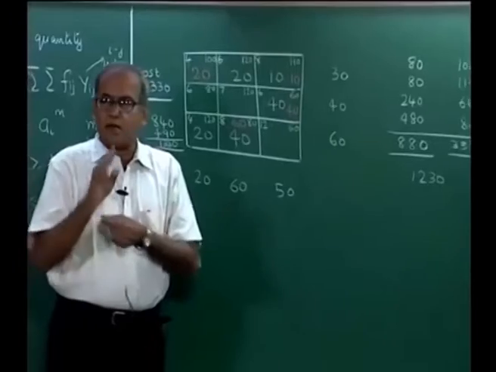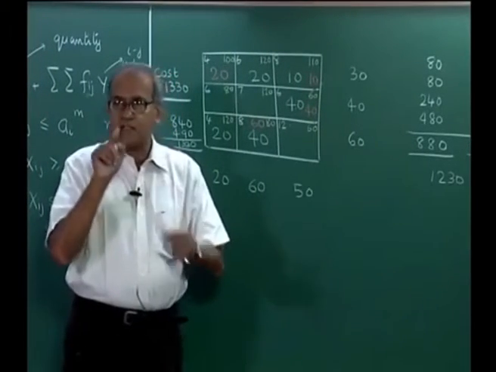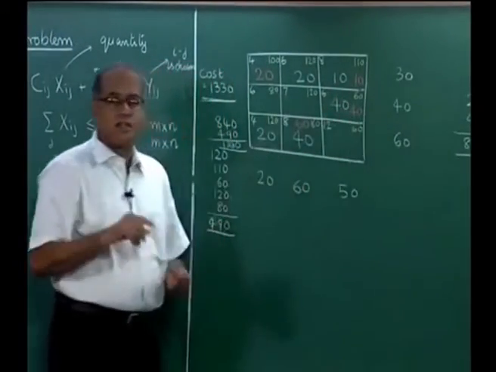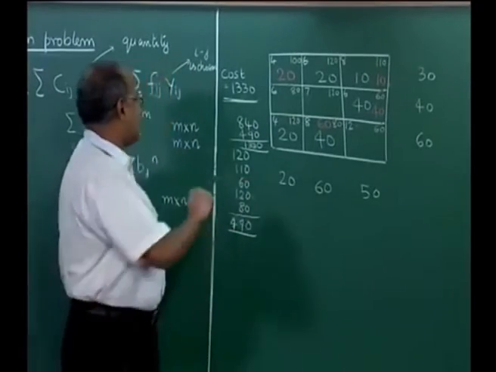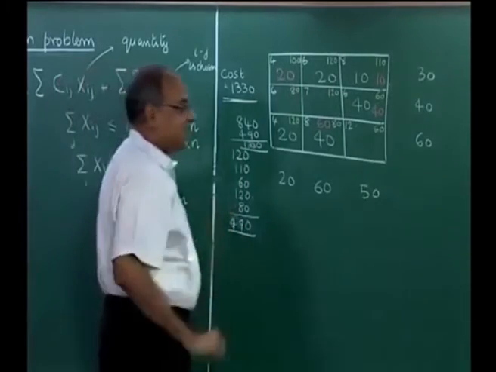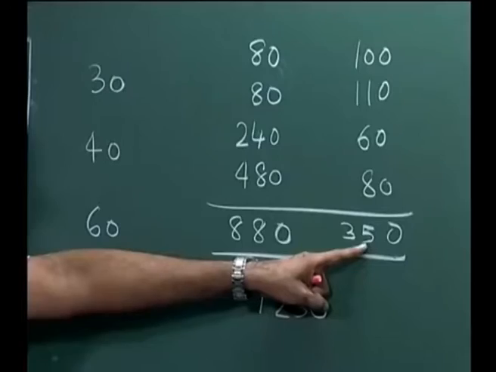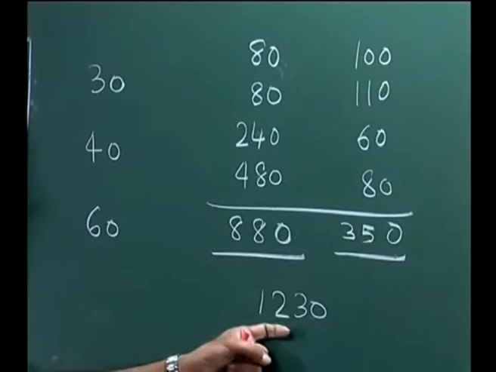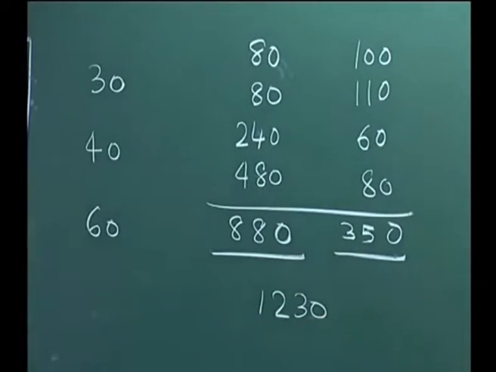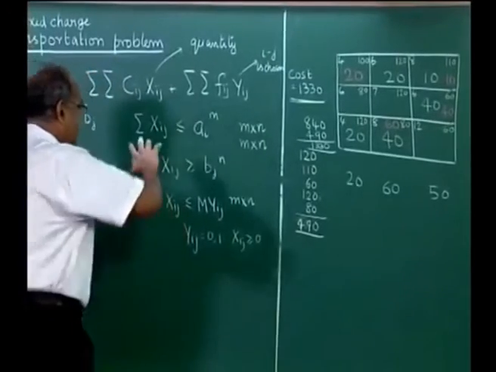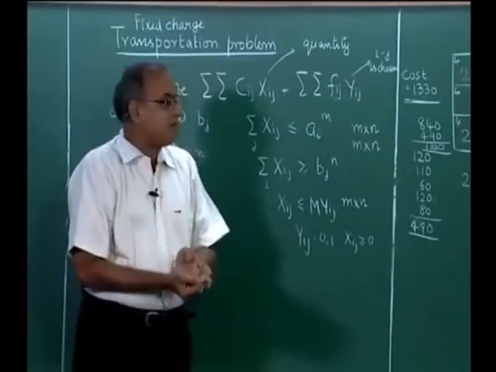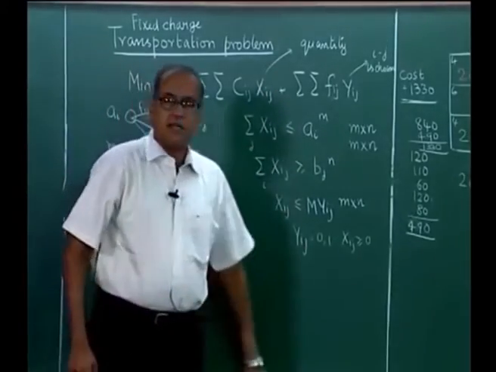The very fact that there are only 4 variables in the solution implies that we are going to have 4 arcs in the solution and only 4 fixed costs, whereas the other solution would force us to have 5 arcs and 5 fixed costs, and we realized a lot of saving there, which has resulted roughly in the saving of 100. Though this has gone up a little bit, this has gone down significantly to give us a saving of 100. So, for a fixed charge transportation problem, if we have the fixed charge assumption and there is a cost associated with it, then we need to look at this formulation and solve it.